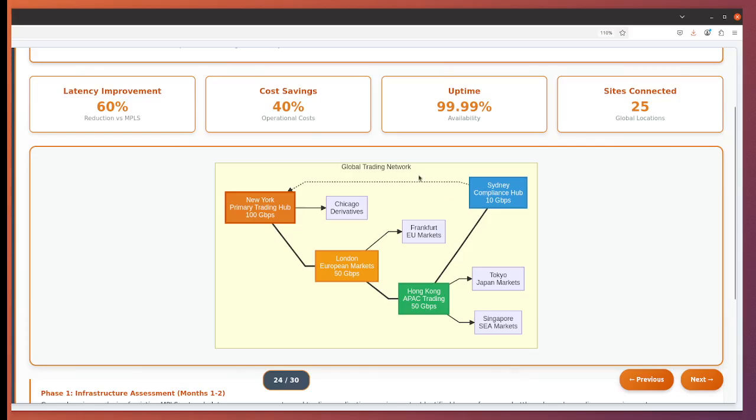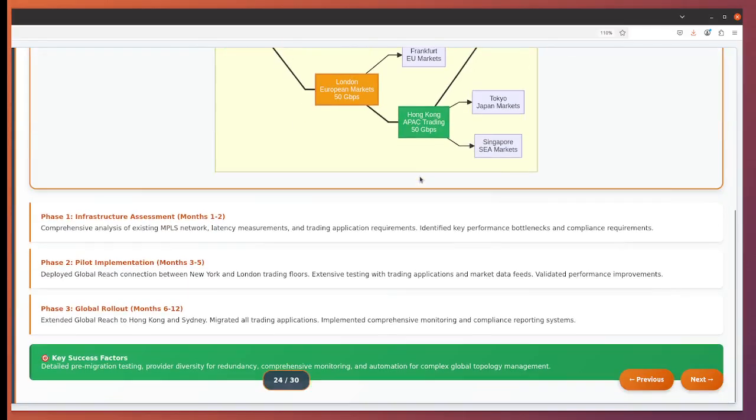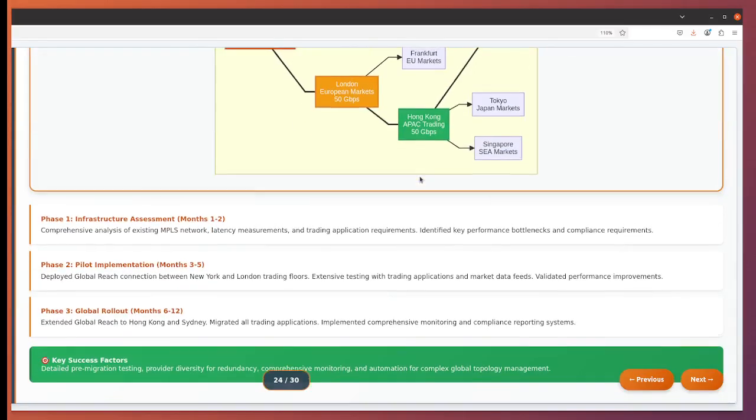The firm faced unique challenges including ultra-low latency requirements for high-frequency trading, strict data sovereignty regulations requiring certain data to remain in specific countries, 24/7 operations with no tolerance for downtime, and regulatory compliance requiring detailed audit trails for all